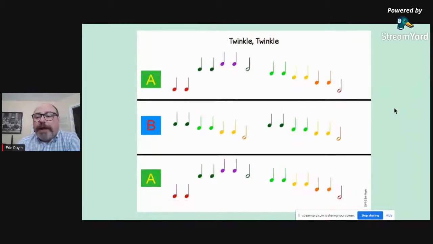There's a Twinkle Twinkle. I have this on Teachers Pay Teachers. It's one of my top selling things. This is Boomwhackers, but then they can also see the melodic shape that goes along with it. Notes go up, they come down. This is the A section, the B section, but these colors coordinate with the Boomwhackers, so they can go through and see. You can project that up. And that's just using that rhythm font, doing different colors. All this has been done in Publisher.